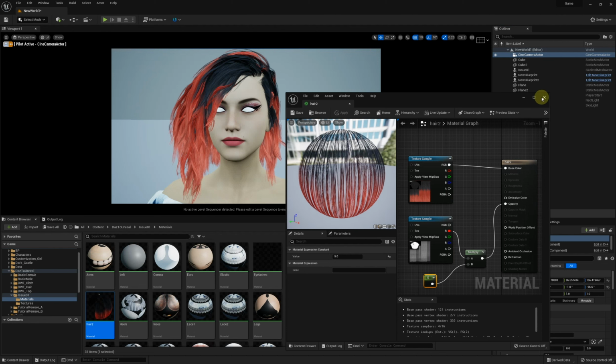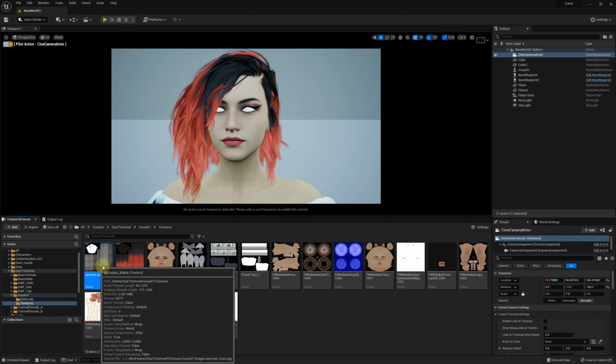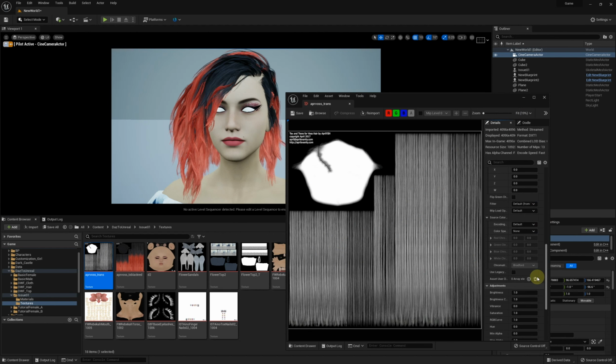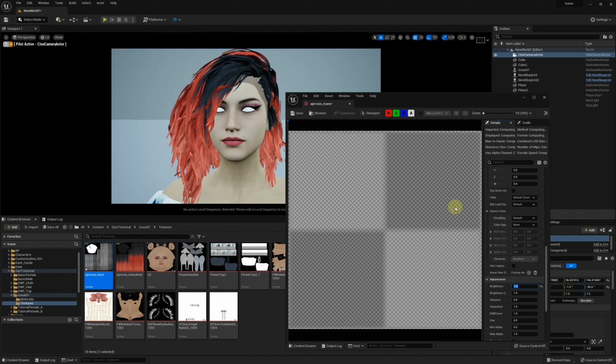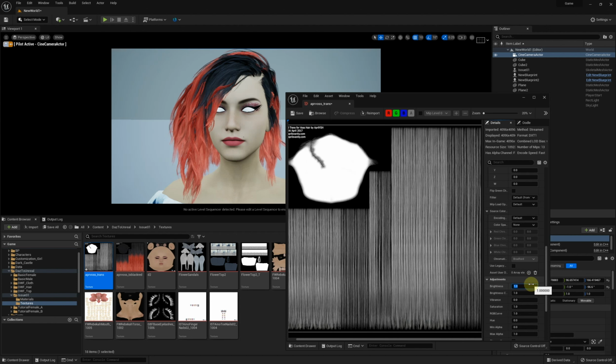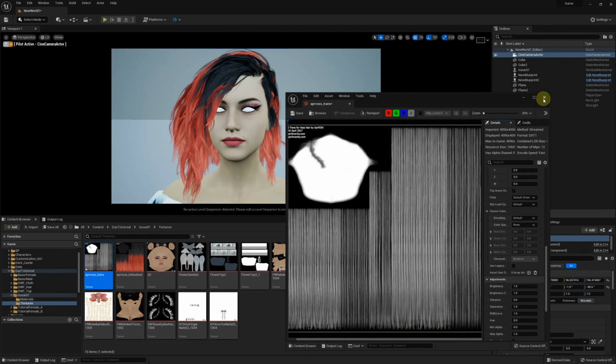Instead of using a multiply node, we can also open the map to adjust it. Double-click to open the map. To brighten it up, scroll to Adjustments, Brightness, maybe 5. Let's disconnect the multiply node and try again.